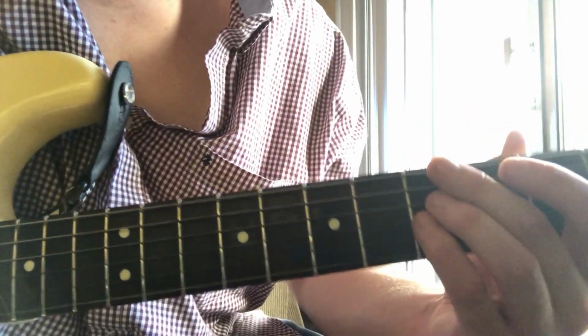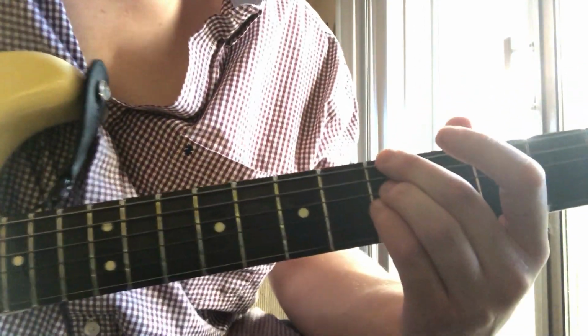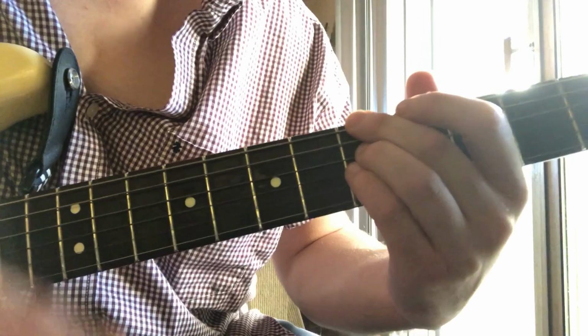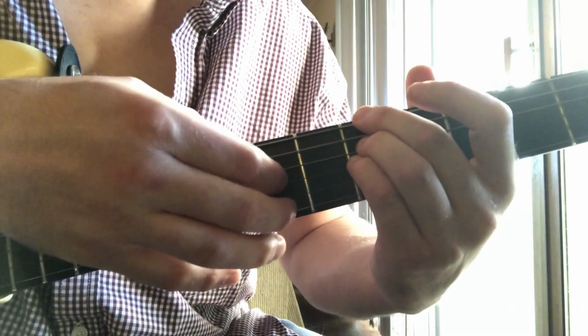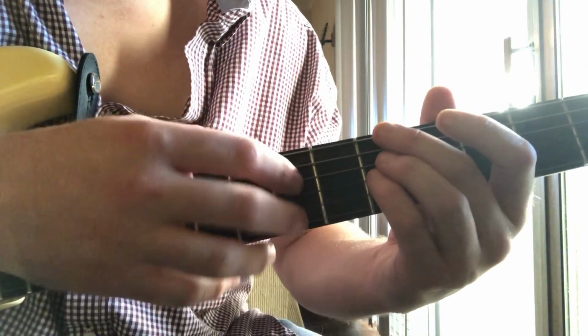To this part, just again, pretty basic chord here. I think it's, I have no idea what it is, maybe an A minor in standard tuning, but just here on the 5th fret up on the top string. Now you do the same cascading effect, kind of like stepping, just going up or down the step. So